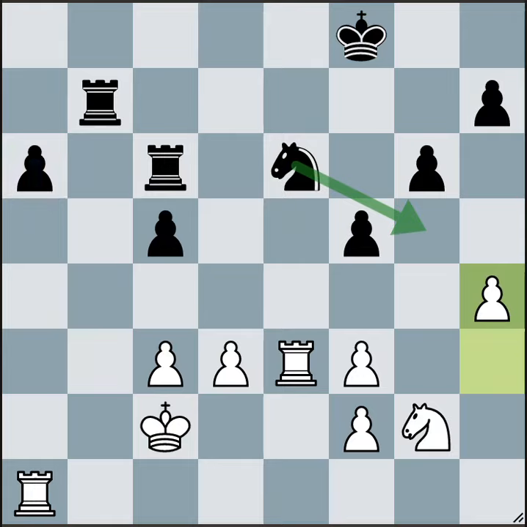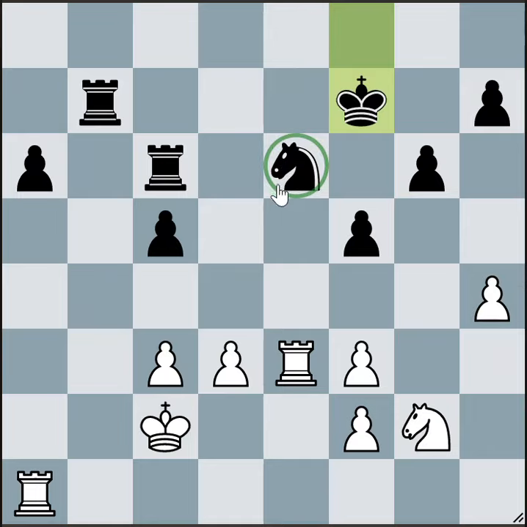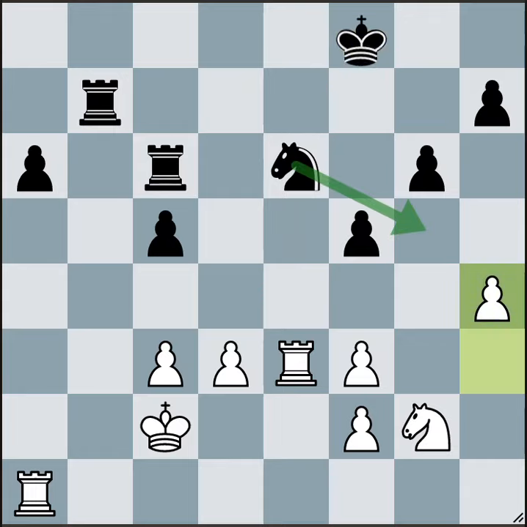Now, Magnus comes up and protects the knight with king f7, maybe trying to double rooks again and not have to worry about any tactics. But people were commenting that a possibility here that you have to continually watch out for is this tactic,